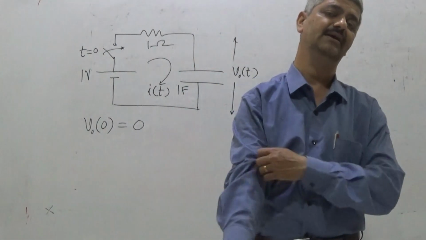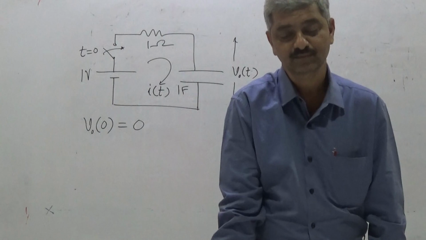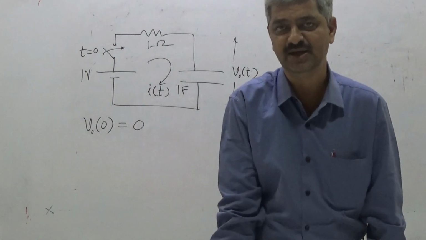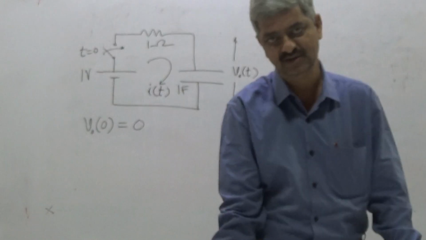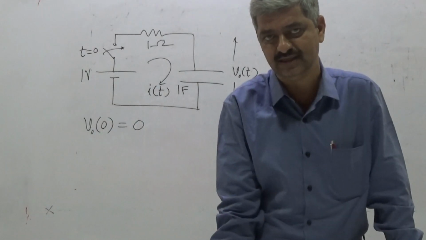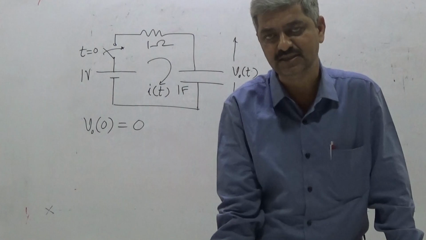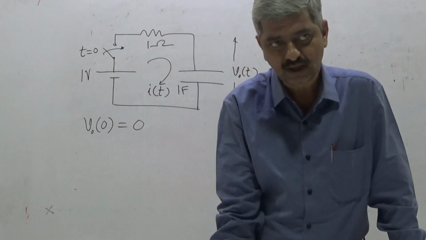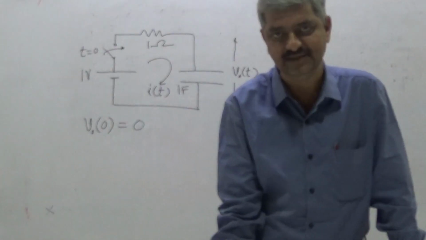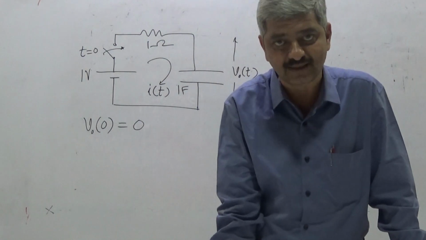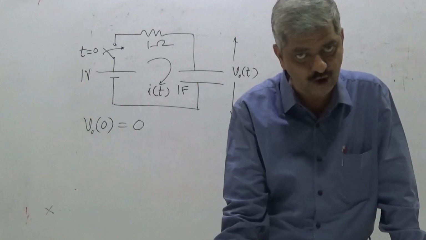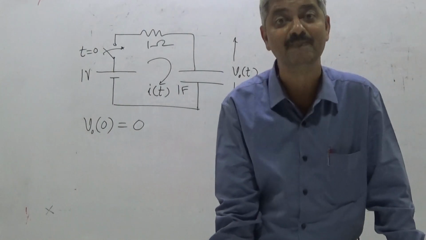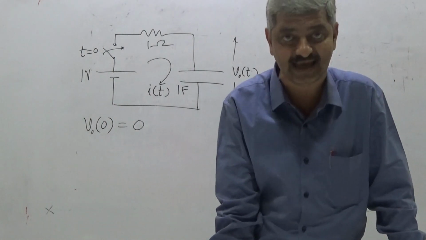When we have some kind of differential relationship coming into the picture, a differential relationship is not a complete relationship. Using a differential relationship alone we can't solve the problem. If we are having a voltage source and a network of resistances, you can find the value of current in any resistance or the value of voltage across any resistance completely without knowing anything else.